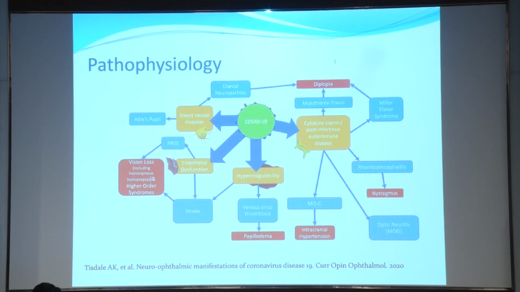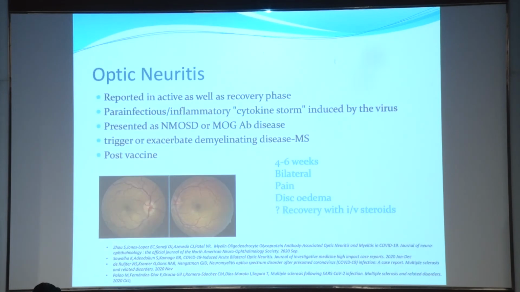So each of these immune mechanisms or each of these pathogeneses has a different manifestation depending on the phase the patient is in. Coming to the individual manifestations, optic neuritis is reported both in the active as well as in the recovery phase. It can be because of the increased cytokine storm or an immune-mediated reaction. It is more commonly seen in patients of